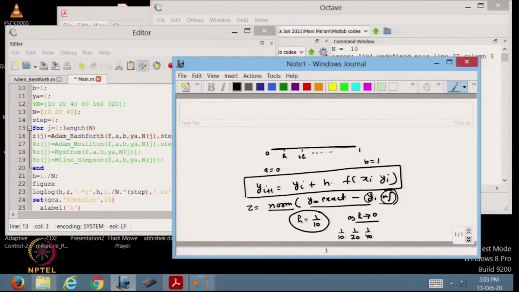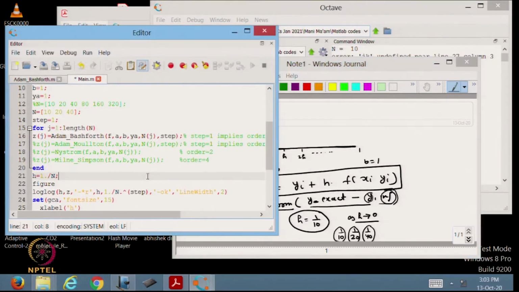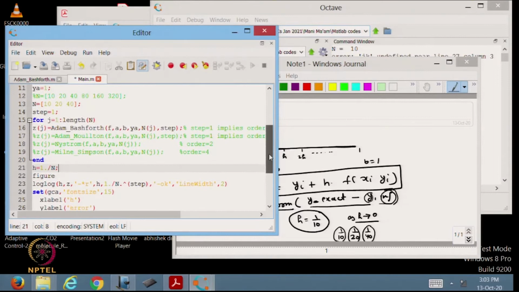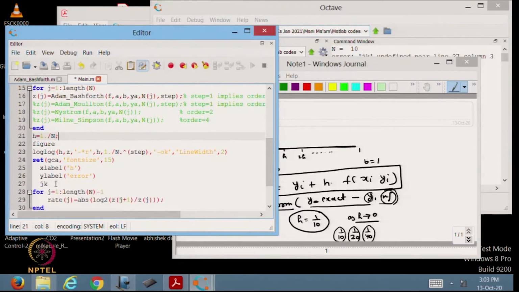So, I will compute the error corresponding to each h. Of course, each time h is half of the previous value. So, h is 1 by n. Now I am also removing this jk, which I typed earlier to stop my code.